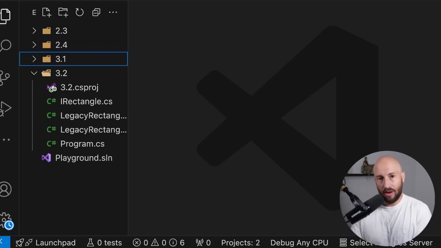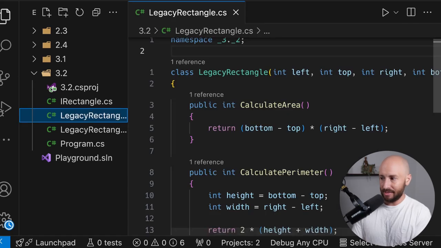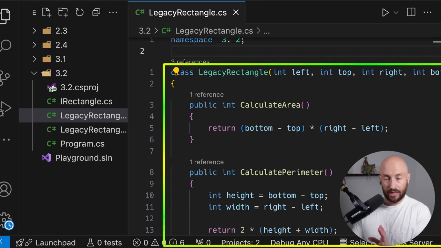The very first benefit I want to talk about is reusability. We have some legacy rectangle and we want to be able to use it in our system. We don't need to go ahead and invent the wheel. All we need to do is continue using the legacy rectangle, but adapt it to the new interface that we need using our adapter. This, of course, gives us also flexibility, the flexibility of taking incompatible interfaces and have them